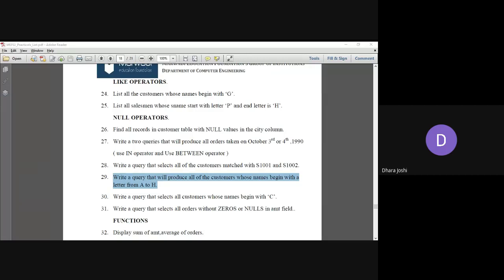Okay, so I'm providing you the solution if you do not want to try, because every time I'm waiting that much time and it is not worth it. So here is the solution. Select star from customer where C name between A percentage and H not, or else you can try this solution. Both of them will give you the same result. Any other solution from your side, if it is possible and you want to give, then you can.